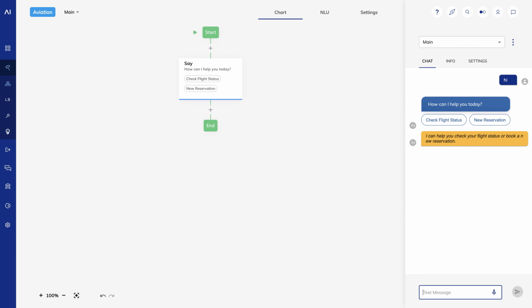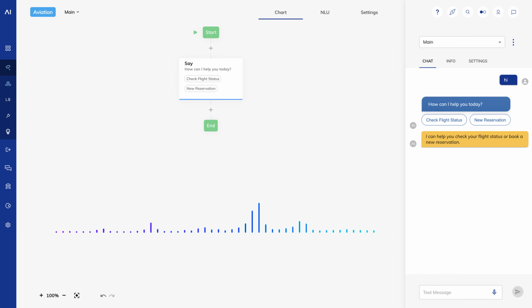Now in the interaction panel, you'll see an orange bubble that shows the fallback text. This won't appear if the user is interacting in the Cognigy web chat, but it will be used if interacting on any channel that doesn't support quick replies, like SMS or voice. I'll make a call to show you how it sounds on voice.